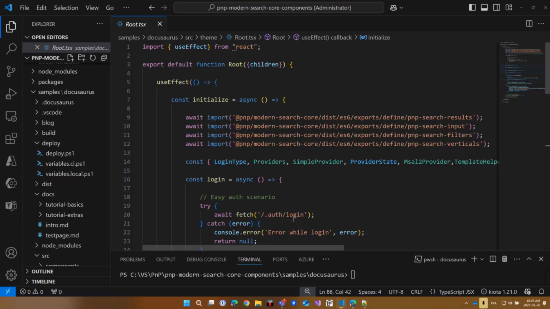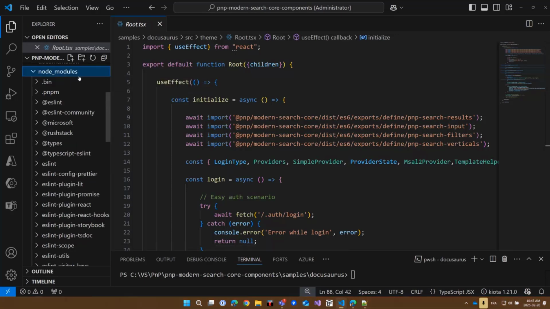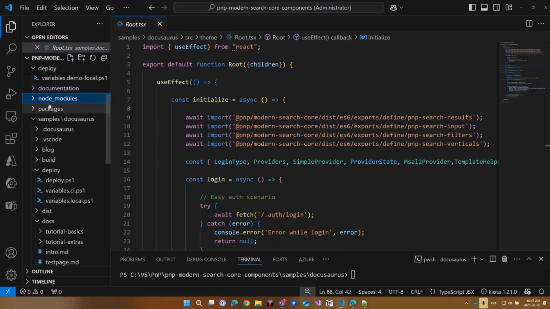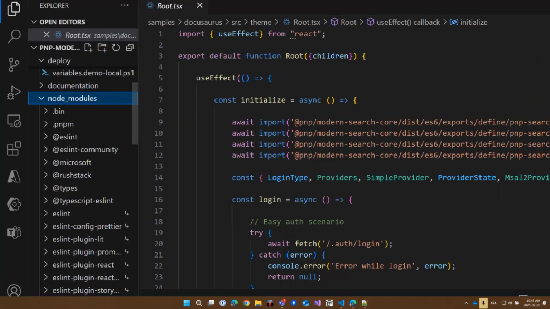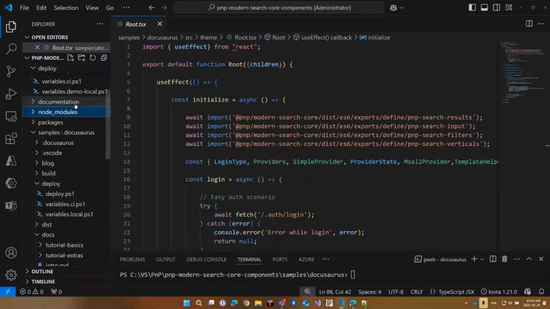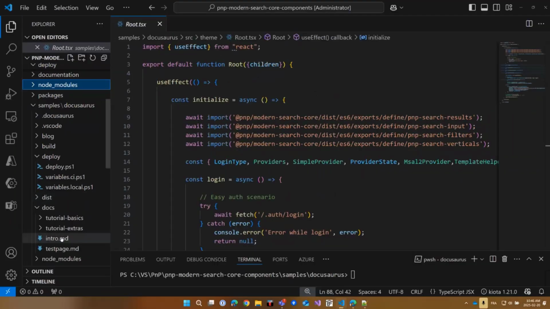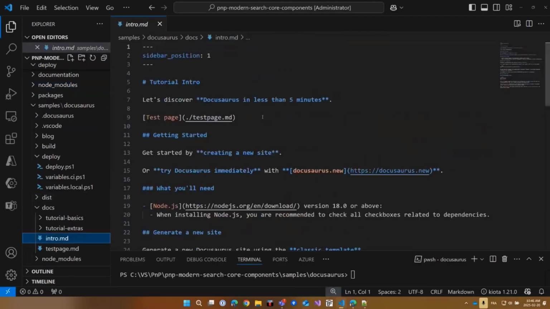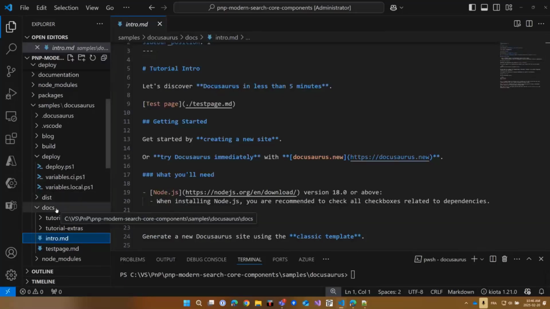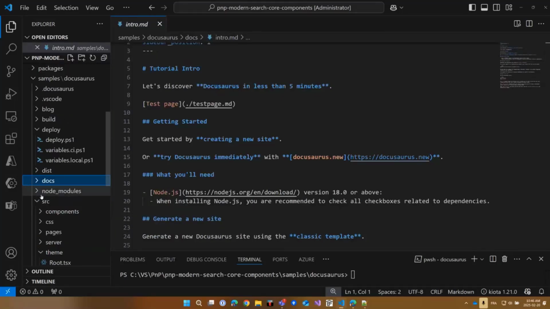So going back to the Docusaurus site, the first thing to do is to create a new Docusaurus project, using the provided npm command. It will scaffold your project structure. Basically, this one, Docusaurus and so on, and a docs folder allowing you to create content in Markdown. So it's really easy to start by using the default command.